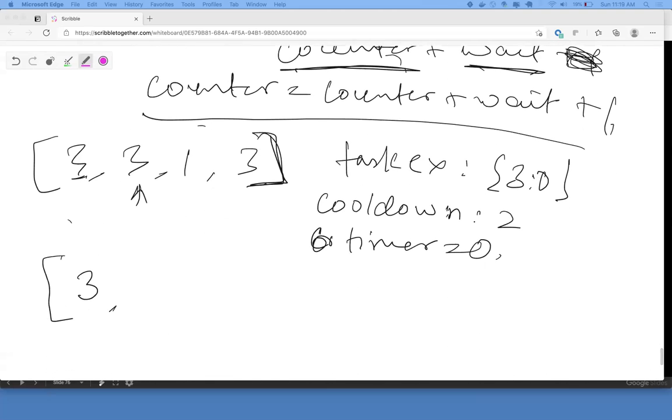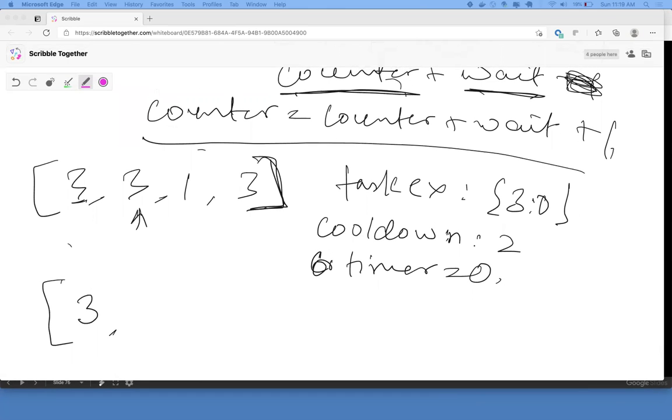We calculate the difference between the current time and... What is the current time here? 1 or 0? It's 1. Your timer has become 1 now. It was 0, it has become 1. So this was the 0th second. This took 1 second to complete. So basically your timer means the number of elapsed times. So when we are at 3, like 1 second is elapsed. Now we are at 3.